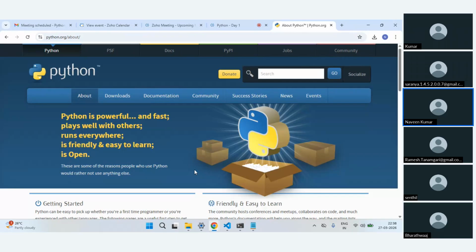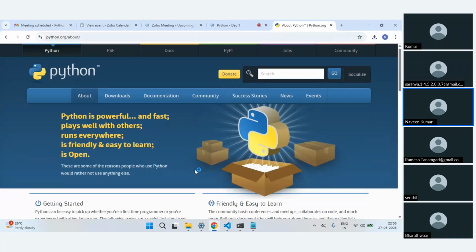It is widely used across a lot of industries. If I have to name specifically, it is used a lot in automation, data science, and analytics. You have wide adoption in AI and machine learning, web development, cloud, DevOps, cybersecurity. You name any field, and you will have a Python integration. That's why it is very famous.